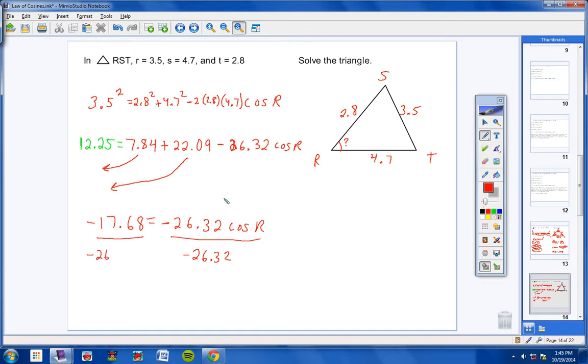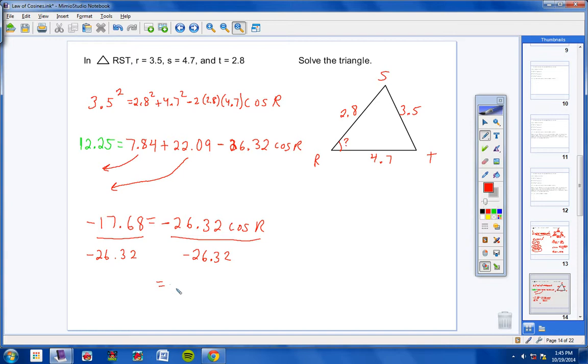A lot of students like to bring this over and make it positive, this number right here, and you cannot do that. It is multiplying times the cosine of r. Thus, this is one term right here, okay? So here we go, 26.32 equals,